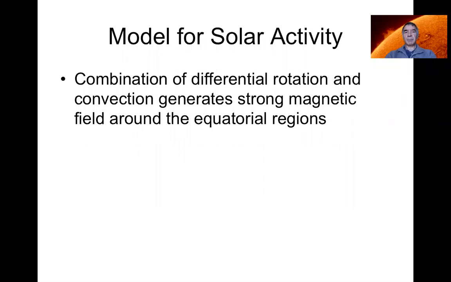Well, the general idea is that the sun acts as a dynamo. There's a strong magnetic field, and the sun generates its own magnetic field. It's not some fossil field left over from the formation of the sun; the magnetic field is constantly being regenerated. It's very similar, in a sense, to the principle of a dynamo here on the Earth,